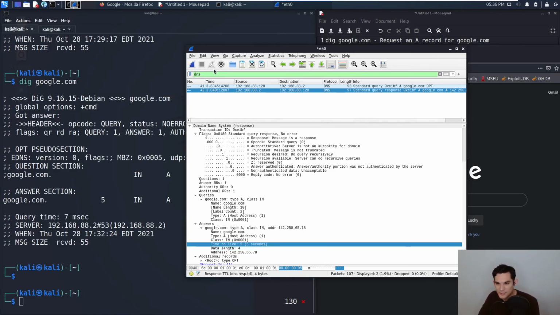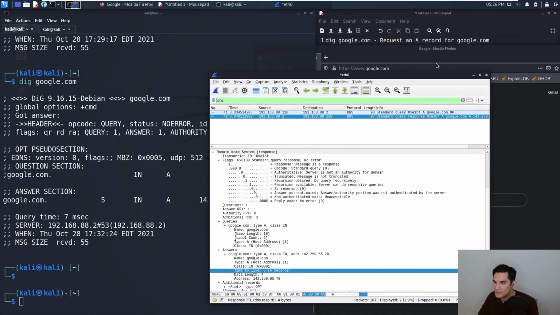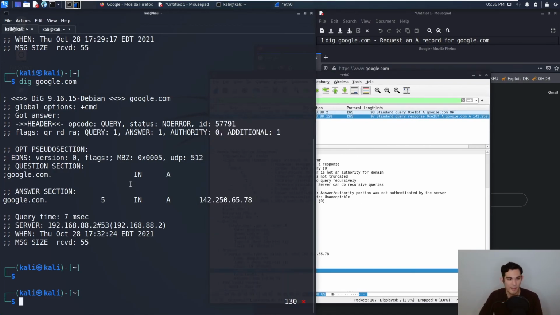Okay, so let's check out a different type of record. Let's check out an MX record, the mail record. And I'm also seeing here we got a question in the chat. Can I use dig for email addresses? So you cannot use dig for an email address. You can only use it on the domain. If you have something like example at google.com, you can only do the query on google.com. You can't get any information about the actual inbox itself. But what you can get is information about their mail servers.